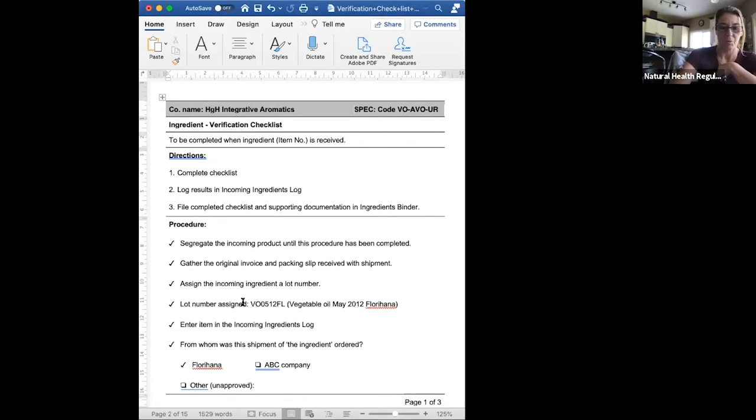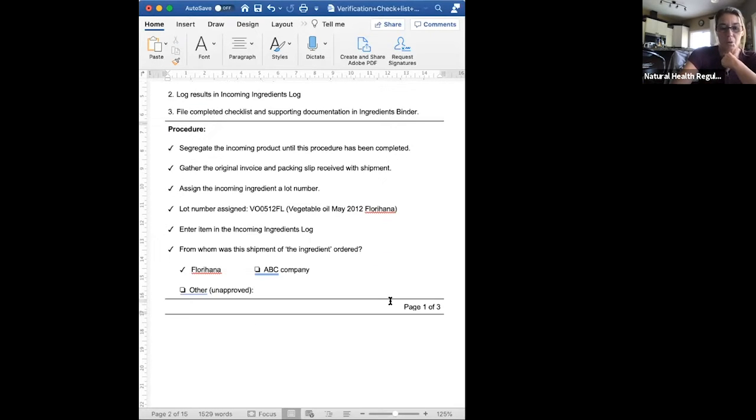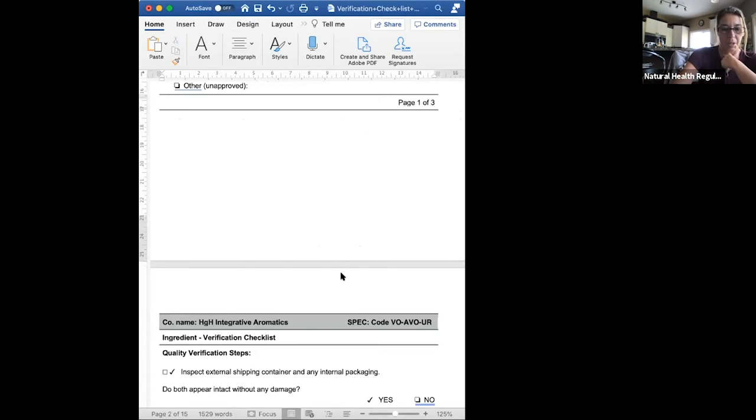So like all of this information, the lot number, what the actual name of it is, who the supplier is, that will all auto-populate. It goes into your ingredients binder, which is part of your company setup package that you should have. Then who it was ordered from, and then you get into,